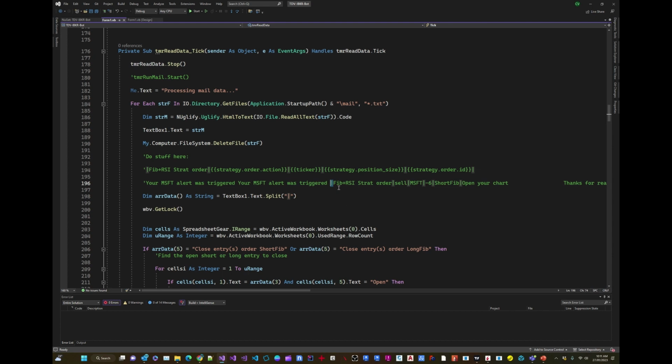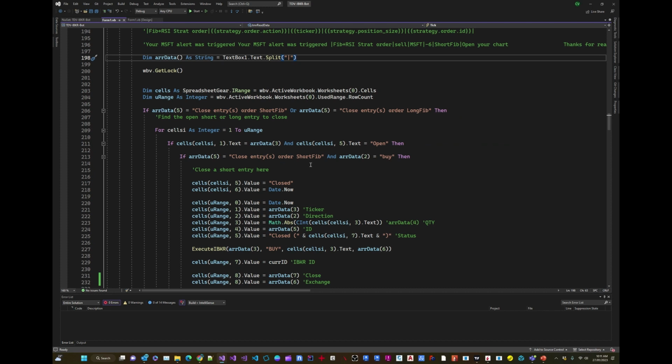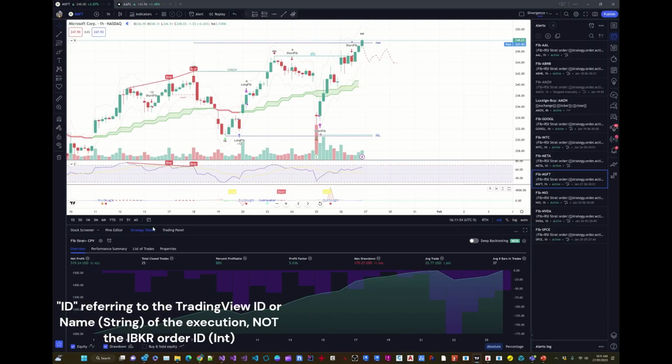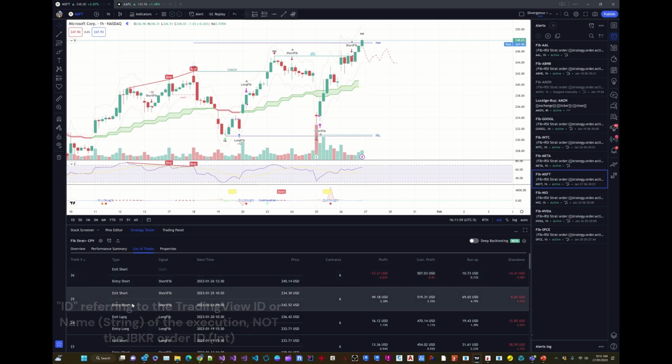So because all of this is always going to be in the same location in the array, it's quite easy for me then to extract the information. So I declare an array, and it's pretty much the text that is extracted from the HTML that I split with this character. Right, and here is where the stuff starts. So in my particular case, I've got specific IDs that are associated with the components that get triggered. So if we look at the list of trades here, you'll see I've got exit short, I've got entry short, we've got exit long, entry long, and in some cases where I